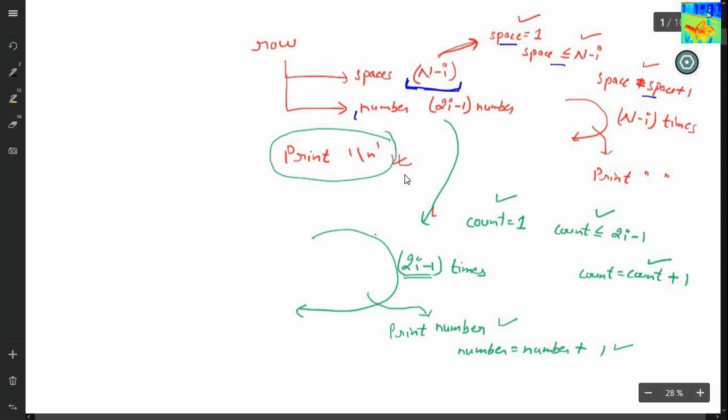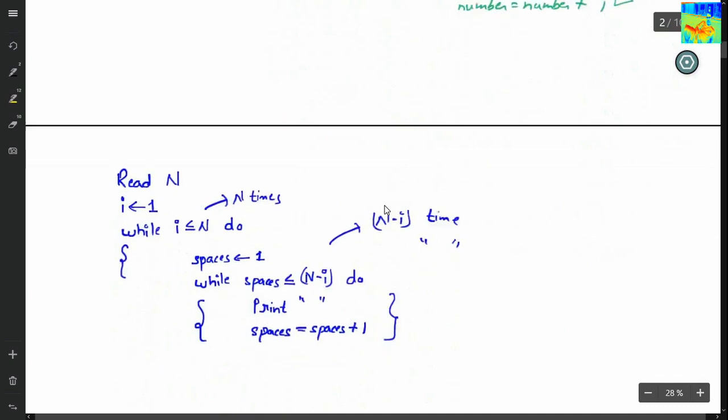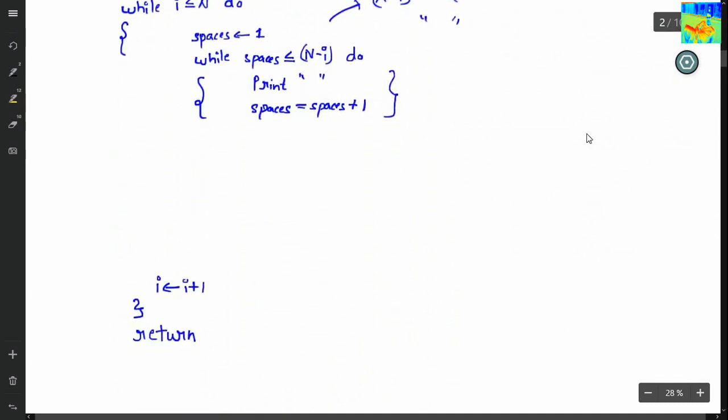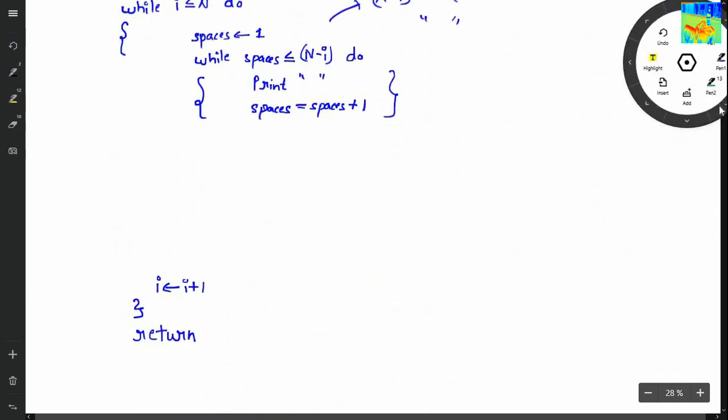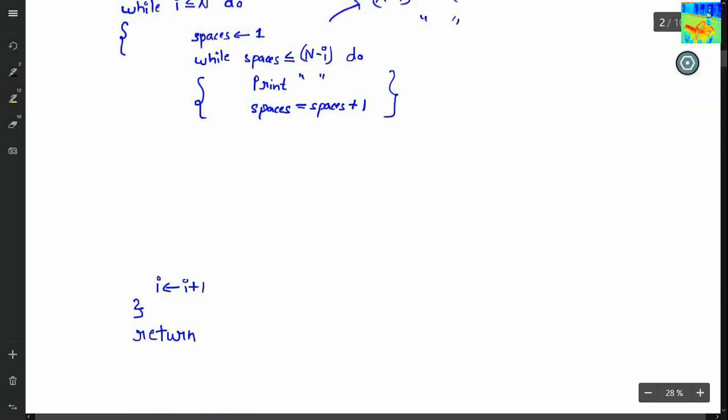Now the next thing is we have to print numbers. 2i minus 1 numbers. So I will use a variable count, and with the help of this variable, my loop will run 2i minus 1 times, and each time I will print a number, and the value of number will be incremented by 1. Okay. So I have to print numbers starting from 1.